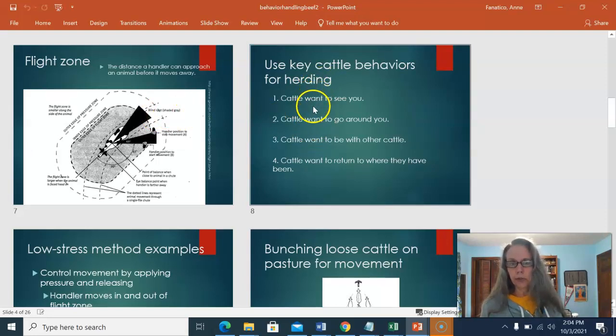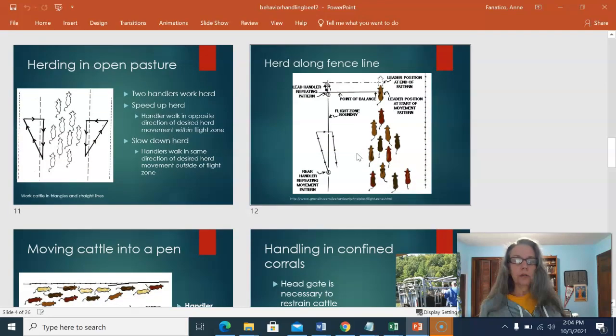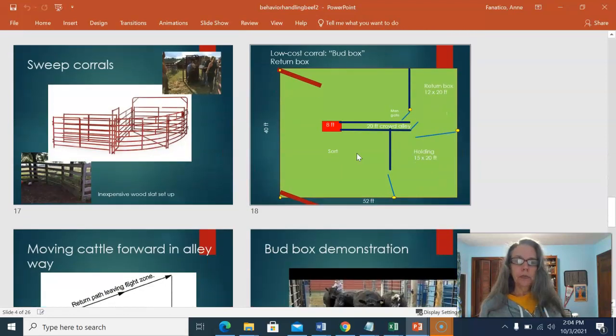Animals want to be able to see you, so don't stand in their blind spot. They want to be with other cattle, and they also want to return from where they have been. So that helped us understand the bud box concept that we used to use. We actually used this bud box at the